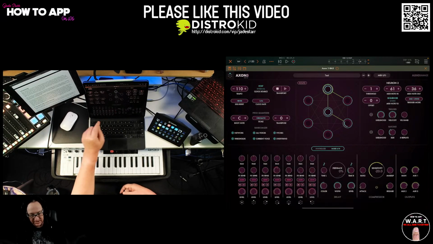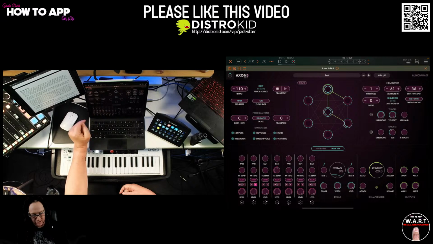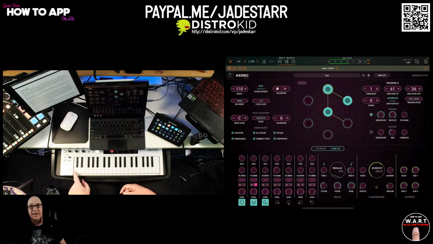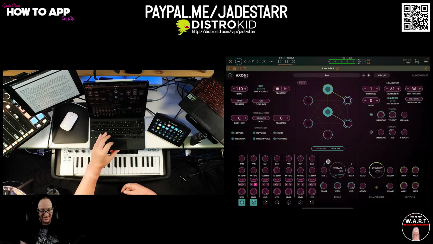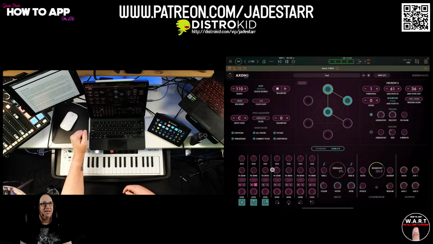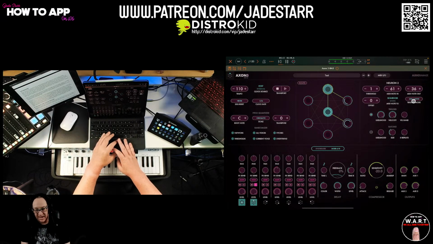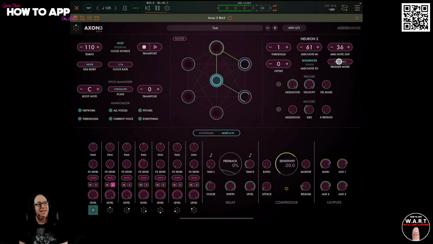So if we solo this kick, which is Neuron, and hit play, it's triggering the kick from FAC, as well as the oscillator from inside the app. Now, if I change this to MIDI only, it's only sending the MIDI to FAC drum kit and ignoring the sounds from within Axon 3. Right? So now if we start to bring in the rest of this kit,